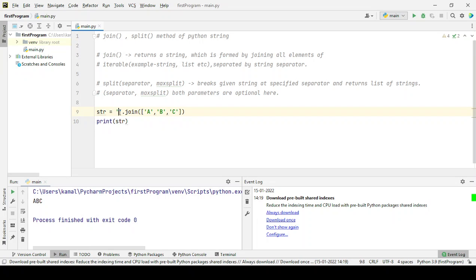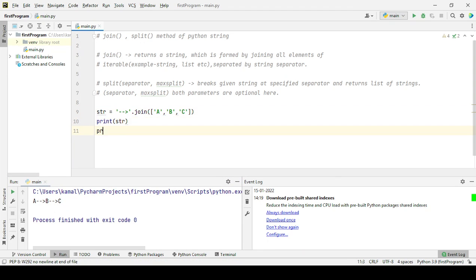Right now in the separator field we have not given anything. So let's try to run this. It will print like this: ABC. It will not separate these ABC with anything. If we give one space or one comma in the field of separator, let's then try to run it. It will separate all these elements with the separator, that is a comma in this case. If we use this arrow sign, then let's try to run this. It will separate all the elements with this, and it is returning one string.